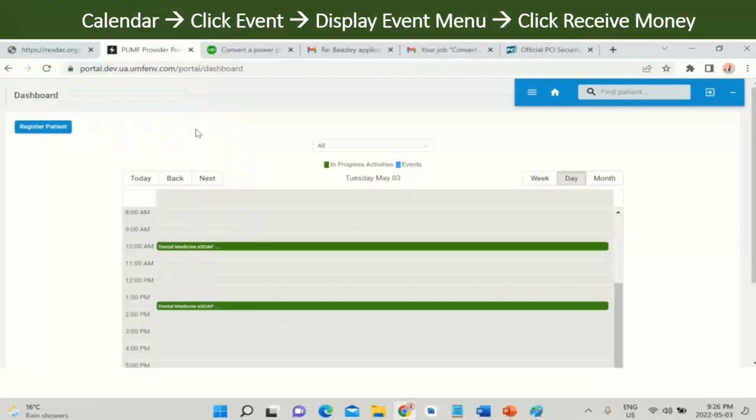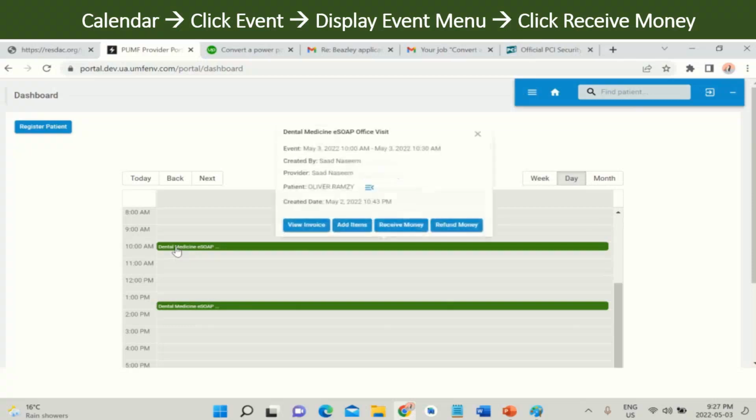Managing money payments and refunds by the receptionist or any other authorized and privileged staff is completed through the Activity Event menu. To initiate a payment or a refund, the user clicks the event to open its menu. Depending on whether the user has clicked the Receive or Refund money, the system launches the appropriate wizard and opens